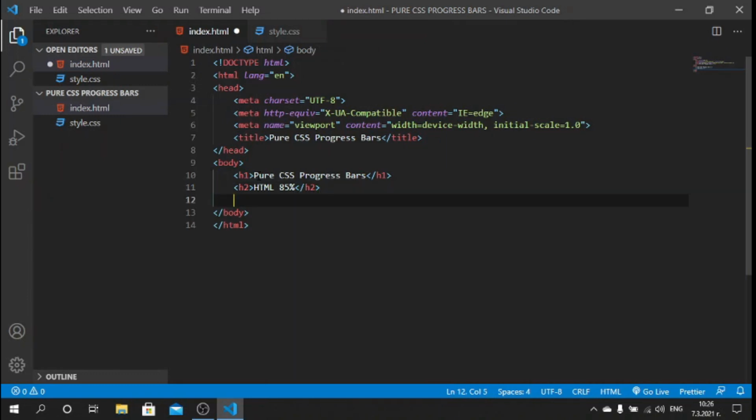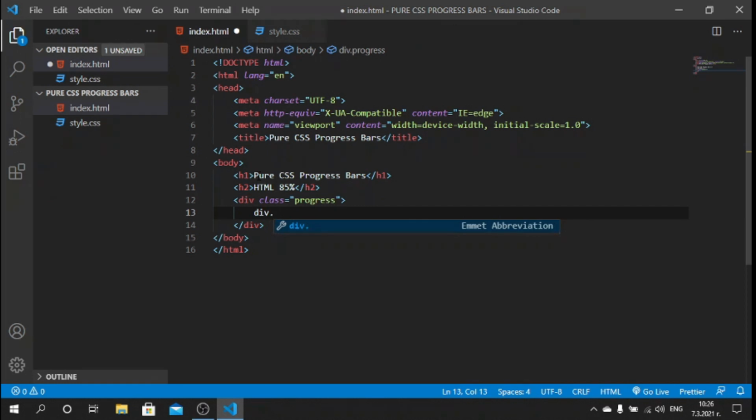Below this h2 we will have a div with the class of progress, which will kind of act like a parent that will hold the inner div, which will be the div with the color. So for this div with the class of progress, we will have another div inside, which will be with the class of progress-html,